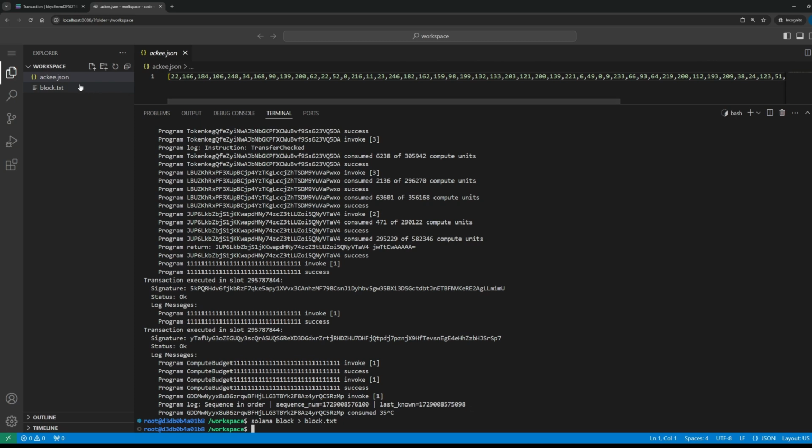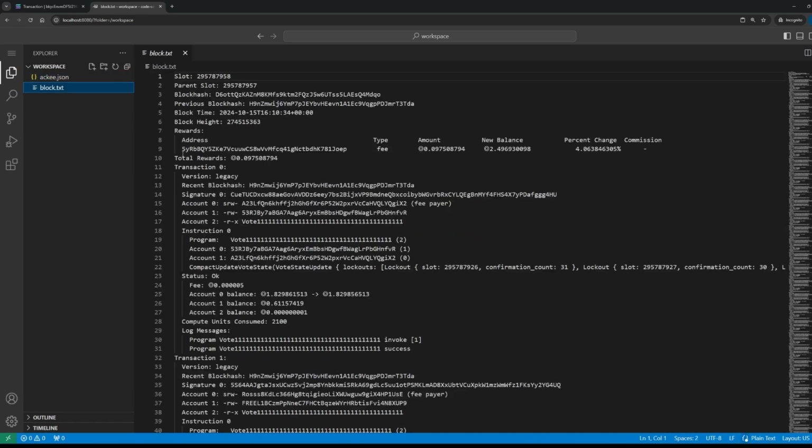Okay, you can see that the new file was created. So let me close the terminal. And these are the contents of the latest block on the mainnet.